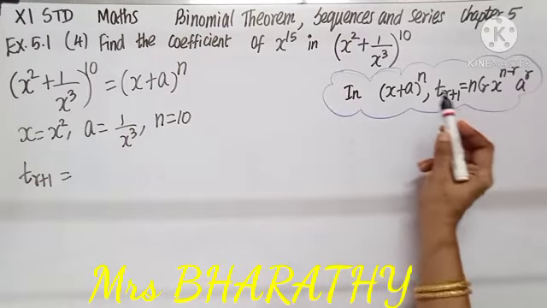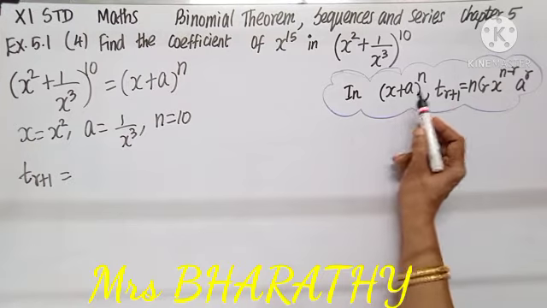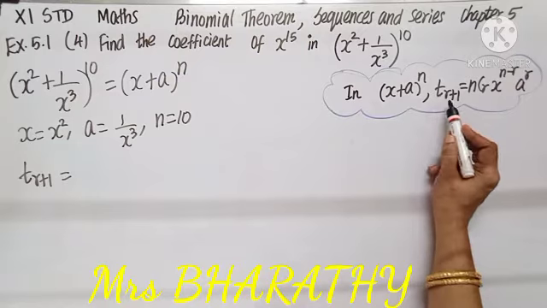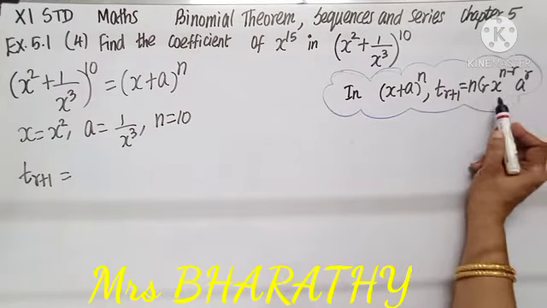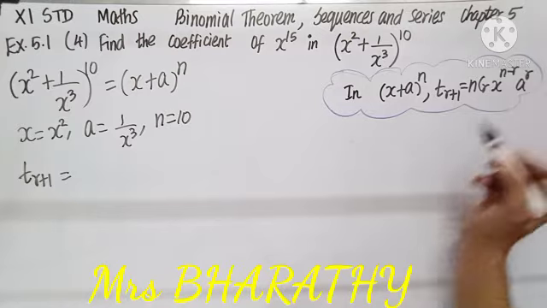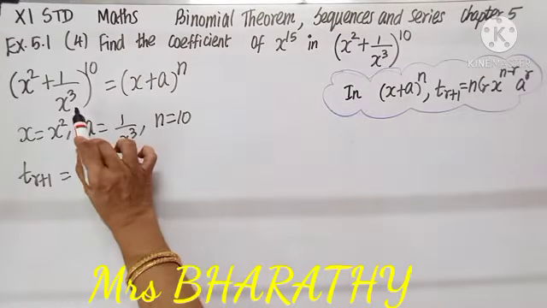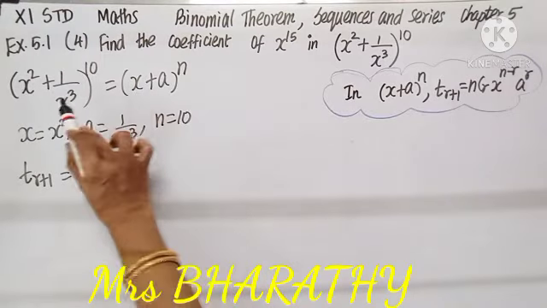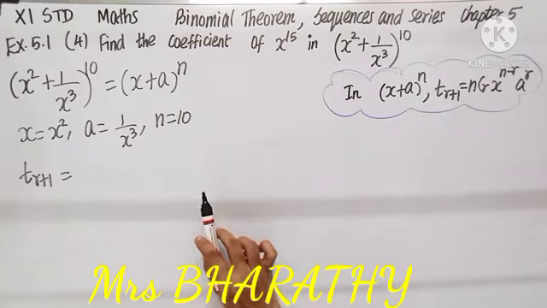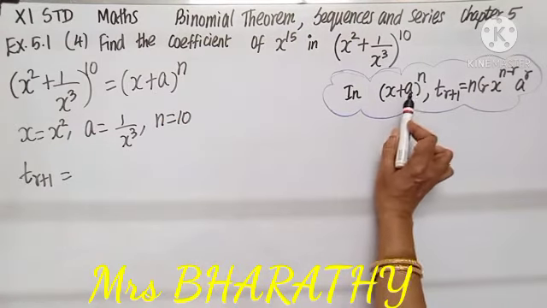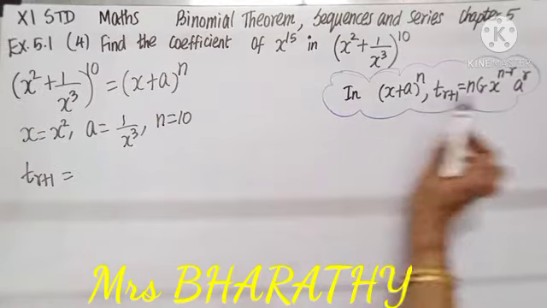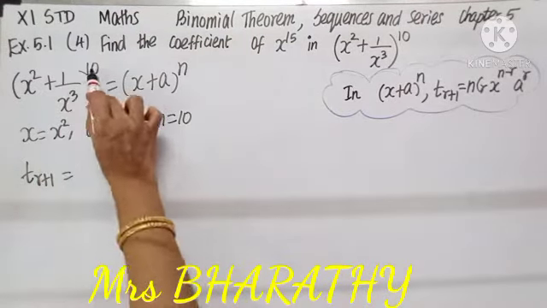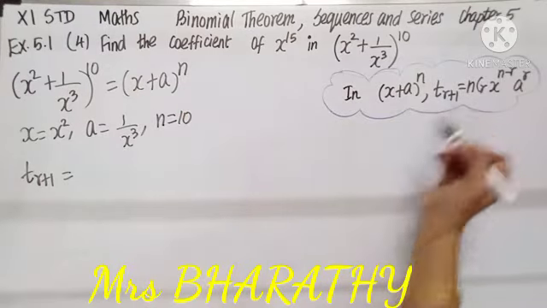If I take the expansion as x plus a the whole power n, the general term tr plus 1 is ncr x power n minus r a power r. So whatever be the problem given, consider the first term as x and the second term as a. You can also take it as a plus b the whole power n, accordingly write it. Now this is x, this is a, this is n. Substituting in this formula,